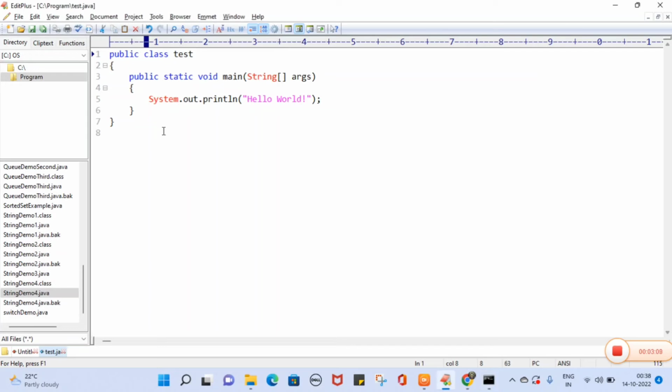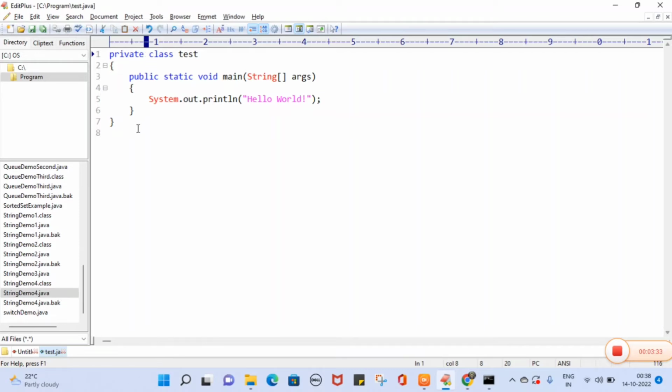Suppose instead of public I keep private here. These are the different modifiers: public, private, protected, volatile, synchronized, default. So I'm giving private,